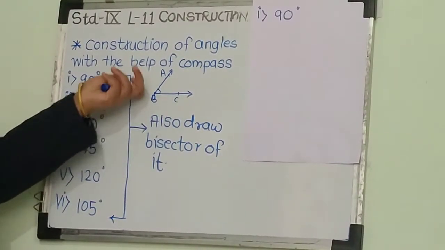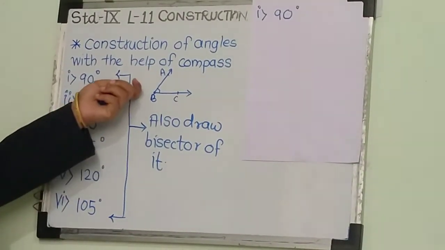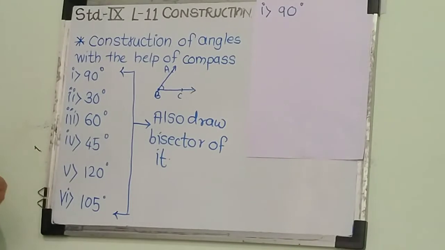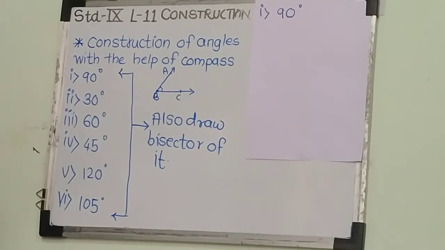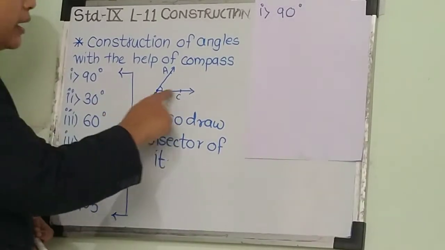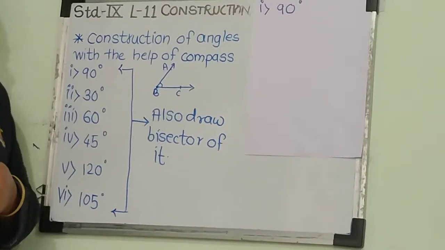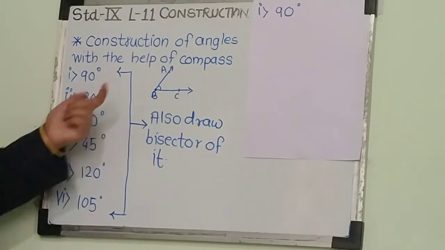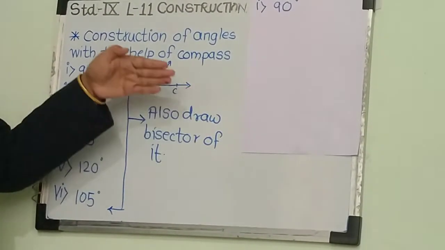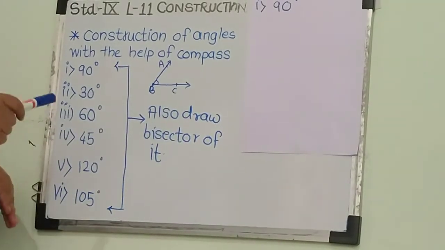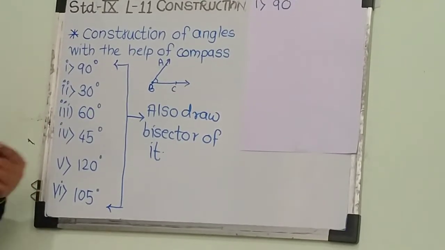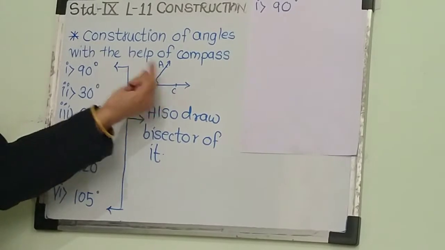This is called BC and AB are the rays. For the angle we can say that they are the arms of angle. So for the angles, we need to first draw the base, that is one ray we have to draw. Now here we are not given the fixed length, because here the arrow indicates that we can extend it in this direction as we want. It will go infinitely. So here we didn't get the fixed length BC or fixed length AB.